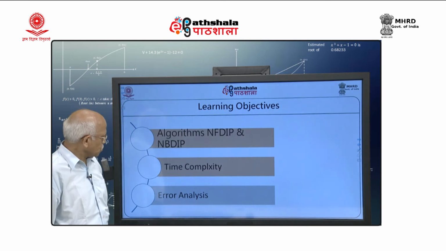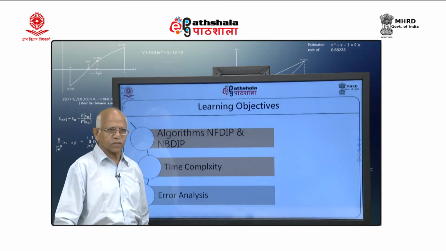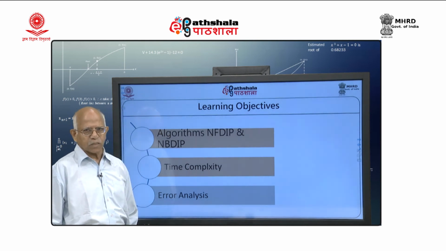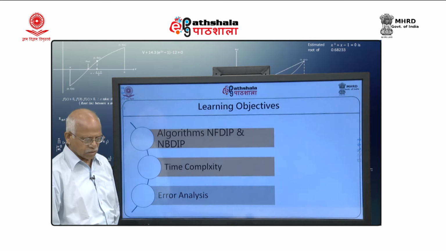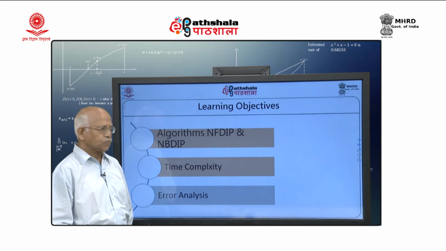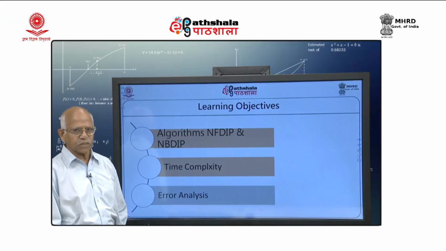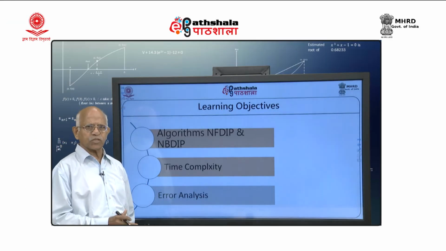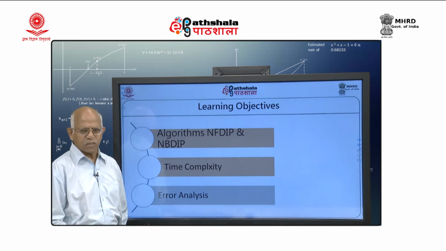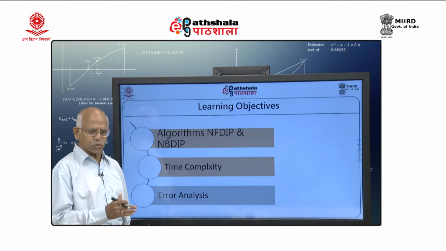This is a module on interpolation with equally spaced nodes. This is the second module on that topic. In the first module, we already considered the derivation of the formula for Newton's forward difference interpolation polynomial and Newton's backward difference interpolation polynomial, and we have seen some illustrations and comparison of the estimates obtained by both these polynomials